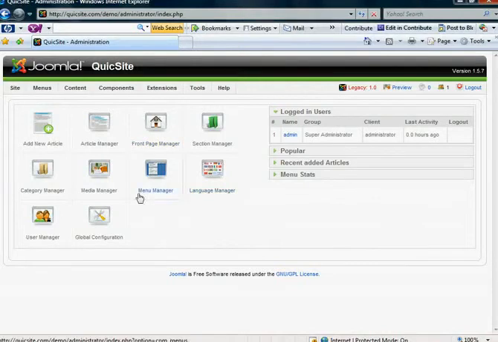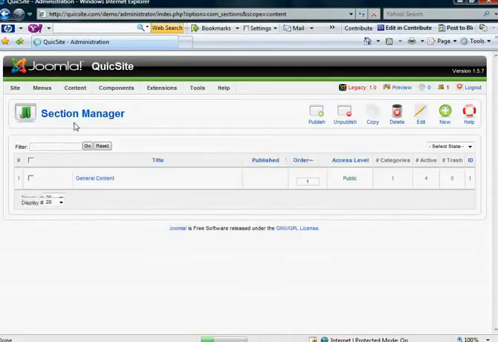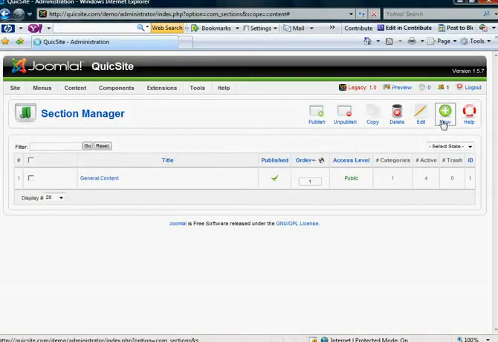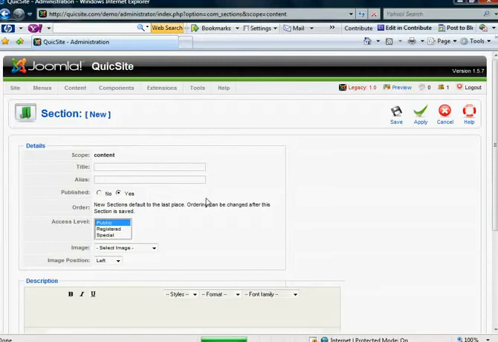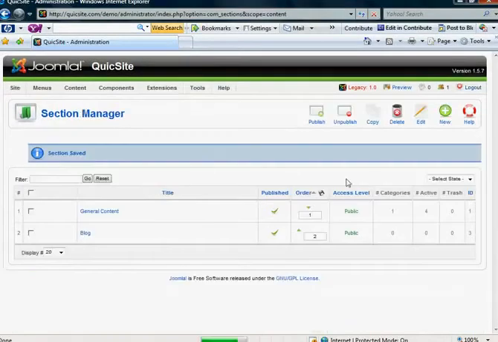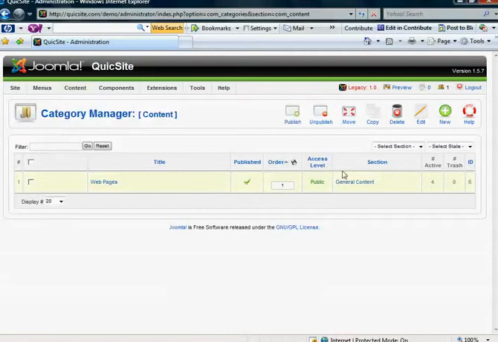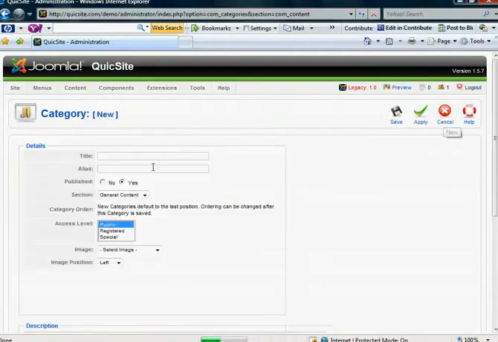So the first thing I want to do is come over to content and come under my section manager, and I want to create a new section and I want to call it blog. And then I'm going to do the same under the category manager. I'm going to create a new category. I'm also going to call it blog,